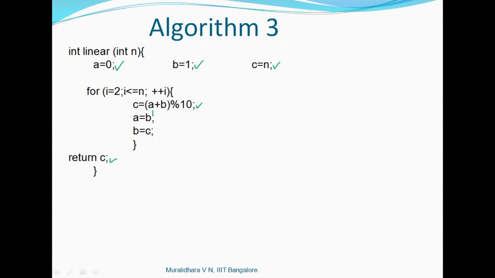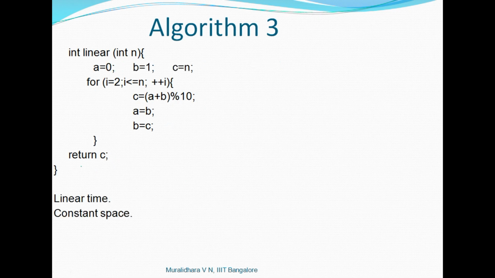When you come back to the function again, B will keep track of f of n minus 1 and A will have the value of f of n minus 2. So this is a very simple algorithm, a modification to the previous algorithm. Instead of using a linear array, we just use three variables: A, B and C.